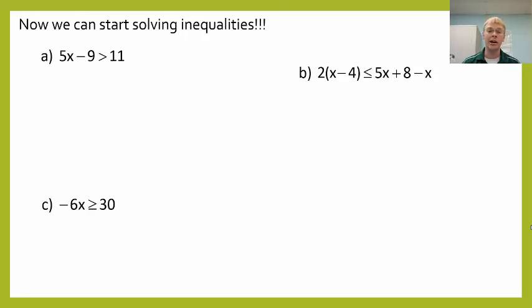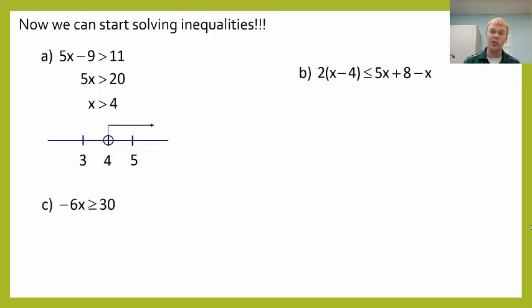We can see we start off with a two-step inequality. The first thing I do is add 9 to both sides. Then I divide by 11. I'm going to get x is greater than 4. Then I'm going to put an open circle because it's just greater than, and I'm going to graph everything to